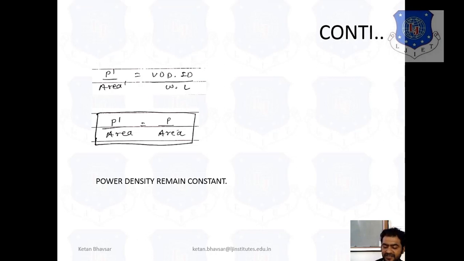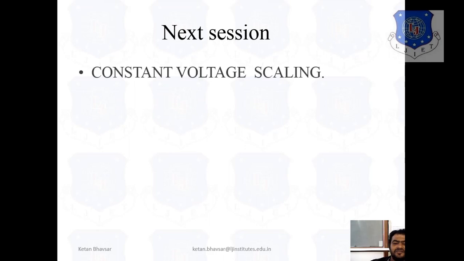We have to do the area calculation, power dissipation calculation, and drain current ID linear and ID saturation. In the next session, we will talk about constant voltage scaling, and for constant voltage scaling, similarly we make one table for the constant voltages, and in a similar pattern we calculate drain current ID linear, saturation, power dissipation and power density. So I hope you are getting the idea about what exactly full scaling or constant field scaling is, and in the next session we will talk about constant voltage scaling.